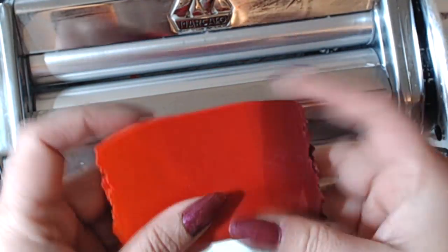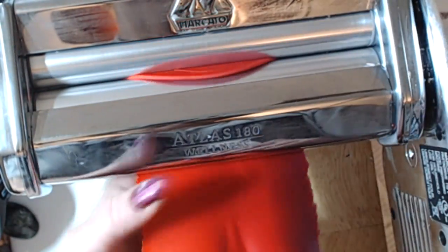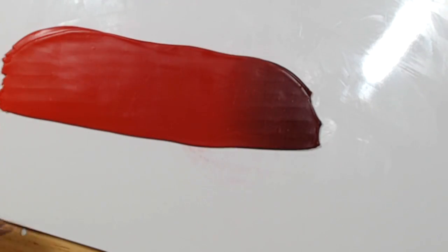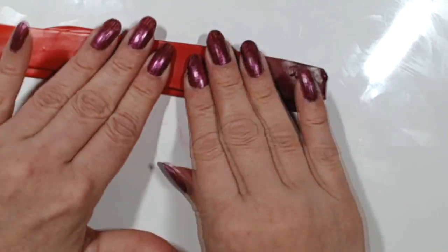As you can see now, my Skinner blend is getting more and more refined, and I'm going on a thinner setting. If you're a beginner, avoid going on a thinner setting because it requires a little bit of experience in manipulating the clay. Anyway, once it's done and it's at the widest setting that it gets on the pasta machine,